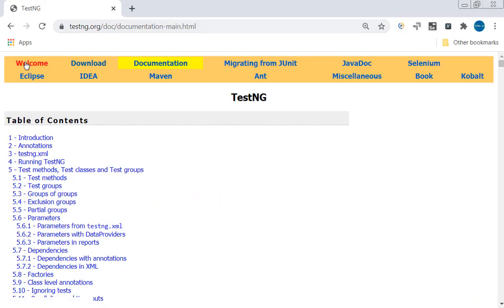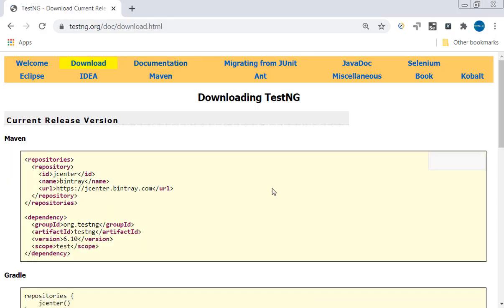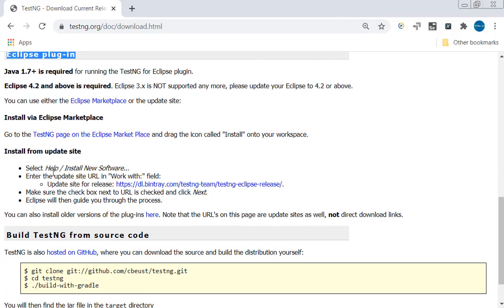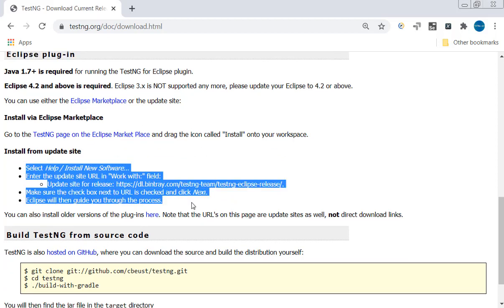In this link, click on the Download tab. There are different ways of downloading TestNG, but as of now, you can check how we are going to install TestNG on Eclipse as a plugin. So here there are some steps. If you follow these steps, you can easily install TestNG in Eclipse.